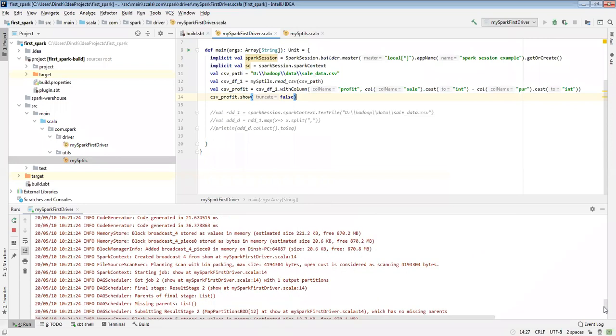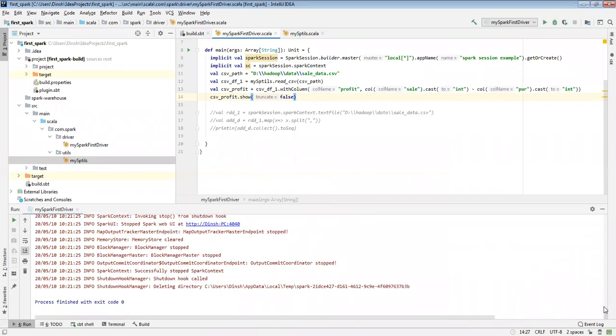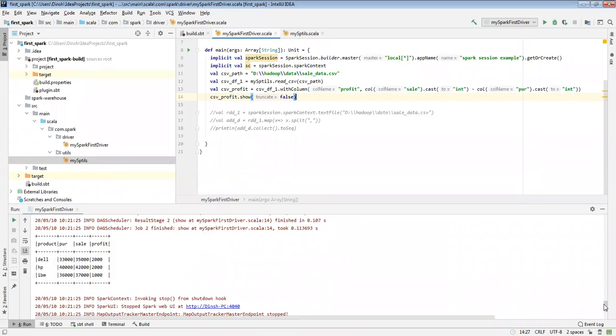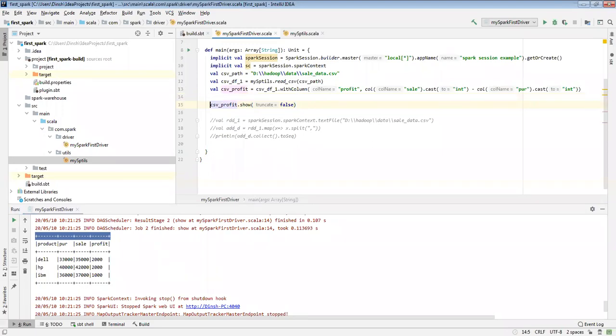I'm getting a profit of 2000 for the first row, 2000 for the second row, and 1000 for the third row. Correct? If I want to list out the products with less than 1000 profit, very low profit, or order by low to high, any transformations we can apply in this way. For example, if you want to apply the filter, which are the products with 1,000 or less than 1,000 profit.